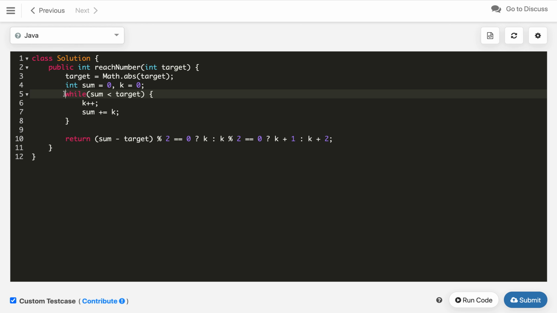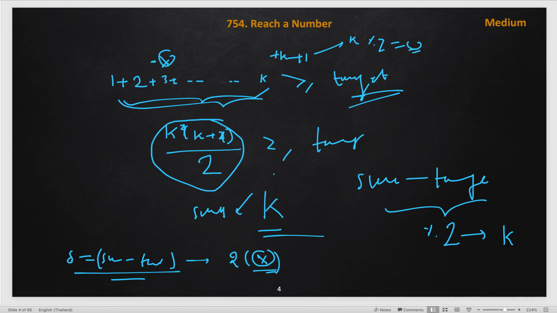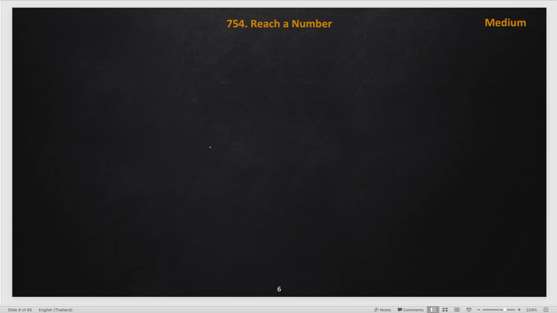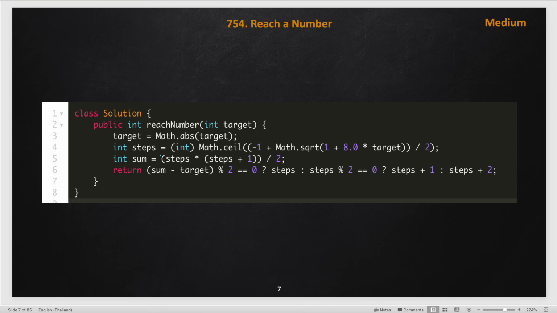So we just found the sum. Now the time complexity of this solution, as you can see, is O of root of target. How is it root of target? I already created the equation: k square plus k is of the order of target, so k is root of target. Here if we take the big O, this becomes O of root of target, and we can also calculate this k value in O of 1 constant time, using the math equation. I am sharing this code, so you try it. It just solves that equation, finding the number of steps directly using the roots of the quadratic equation, and this becomes an O of 1 time solution.